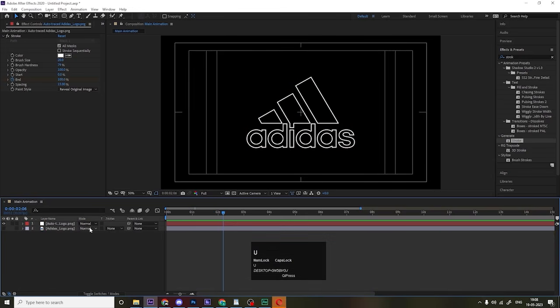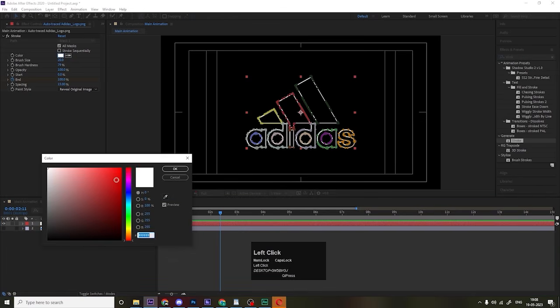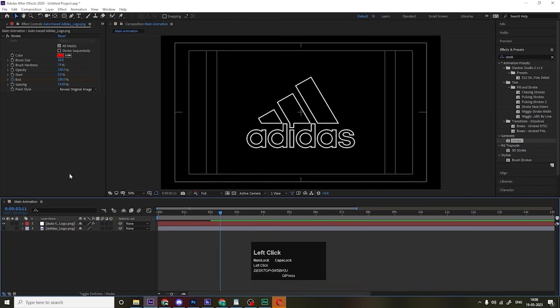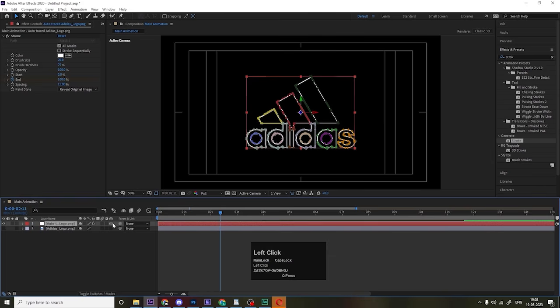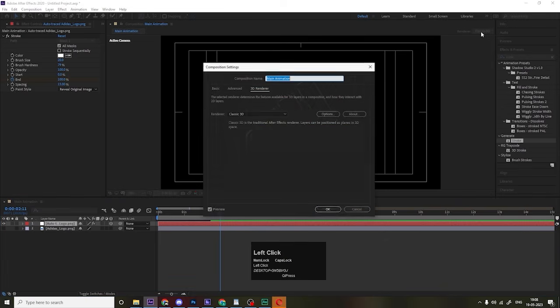Okay, hit U, press F4. Let's select this layer, and as you can see, we can manipulate this color, but this color is not for this reveal. So what we are going to do is select this and make it 3D here. Whenever you convert anything to 3D, you will find this Renderer. Right now it's Classic 3D, and make sure that it is Classic 3D. Sometimes by default it's Cinema 4D, so make sure it's Classic 3D